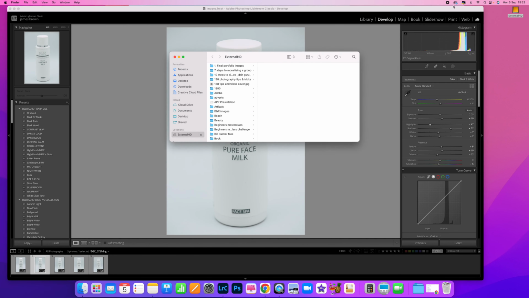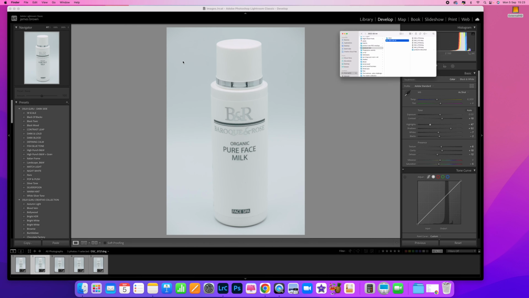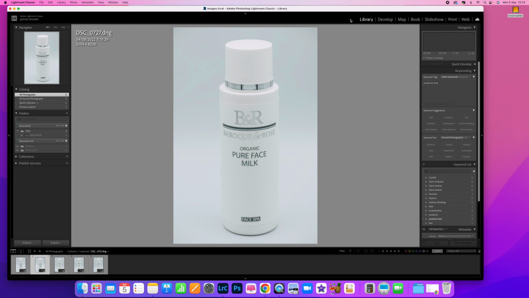Also, what can happen is if you move the files, then Lightroom is not going to be able to find them. So for instance, if I move this file, come to the library module, you will now see at the bottom here these little exclamation marks. Can you see them? Okay, it doesn't know where